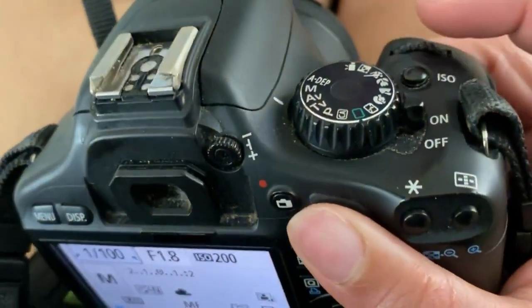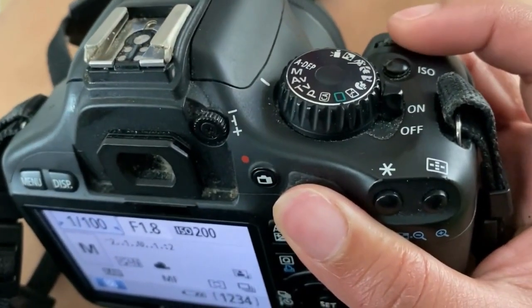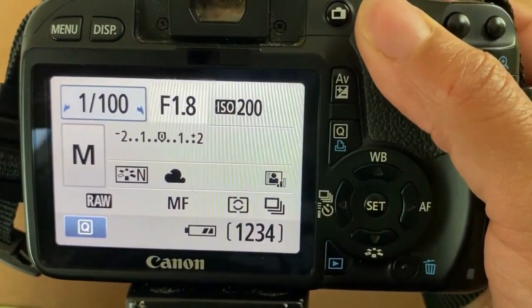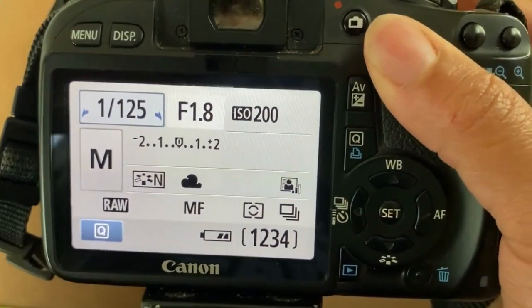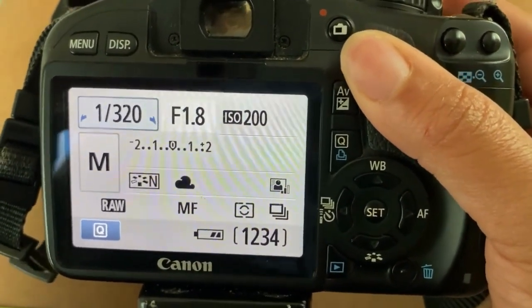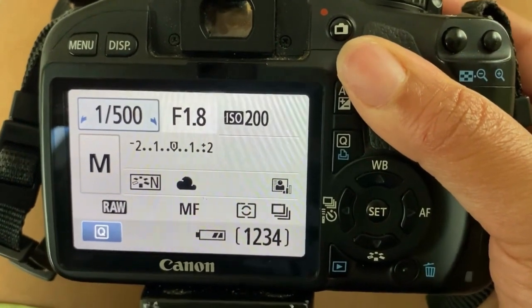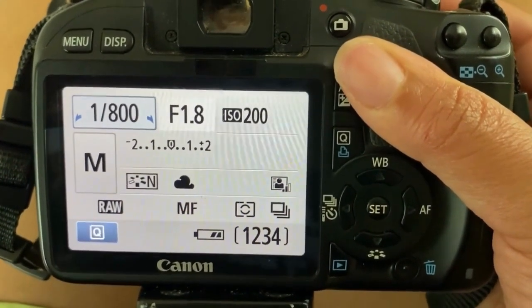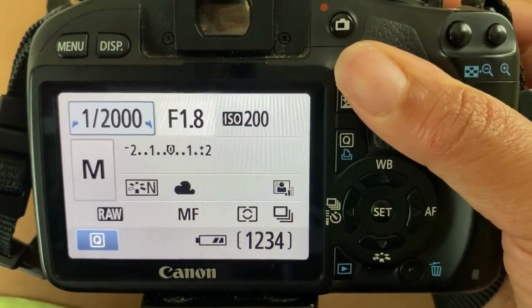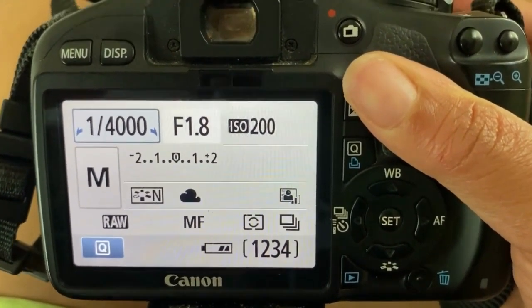So I am actually going to do that. I'm going to move this to the left and to the right and notice what happens to the shutter speed as I do so. Now it became 125, and then you can keep going higher and higher. Certain cameras, you can have very high shutter speeds. Older cameras are limited, they can't go as high. Newer cameras can go